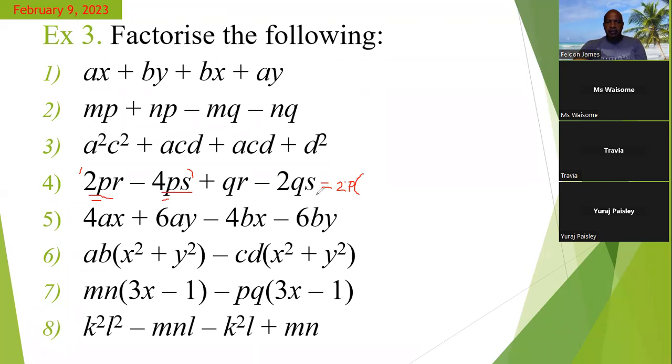So the first term divided by 2P, we have the P, the 2P's cancel, leaving R. So we put R in the brackets. The second term, 4PS, 2 into 4 goes 2. So when I divide 4 by the HCF, which is the 2, you get 2, and the